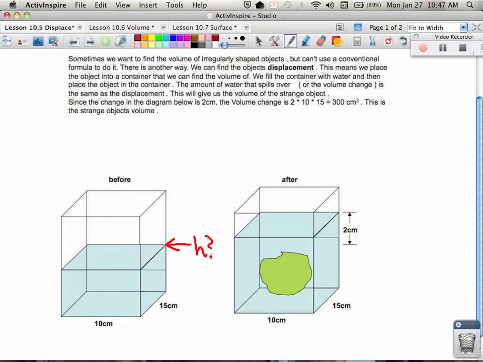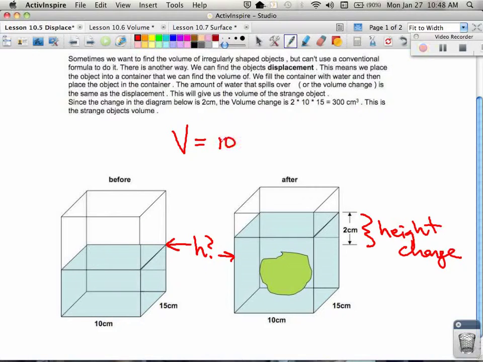Because what ends up happening is that this initial height that we have here changes by a certain amount. So this is the height change. Or in other words, that is going to help us to talk about how much volume the object itself has, because that was the change in the water height, which will lead us to the new volume. So since the before and after picture from the left to the right after the object was dropped in the container of water changed by 2 centimeters, that means that the volume of the object is going to be equal